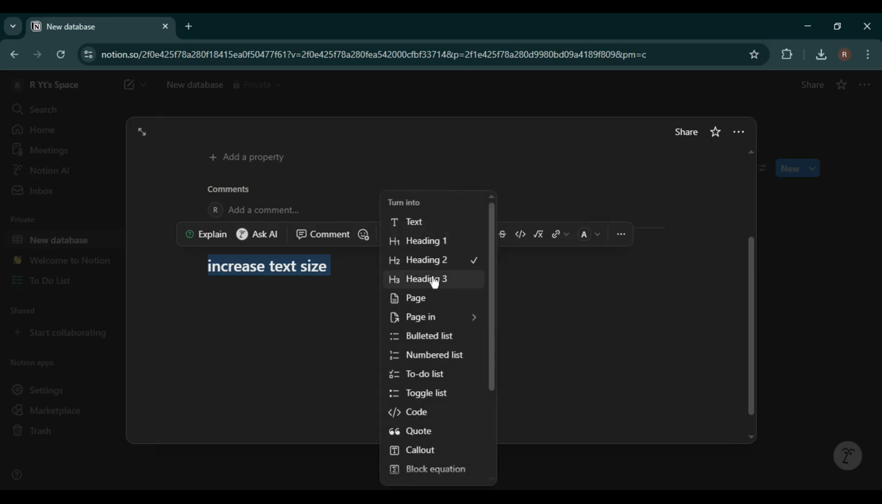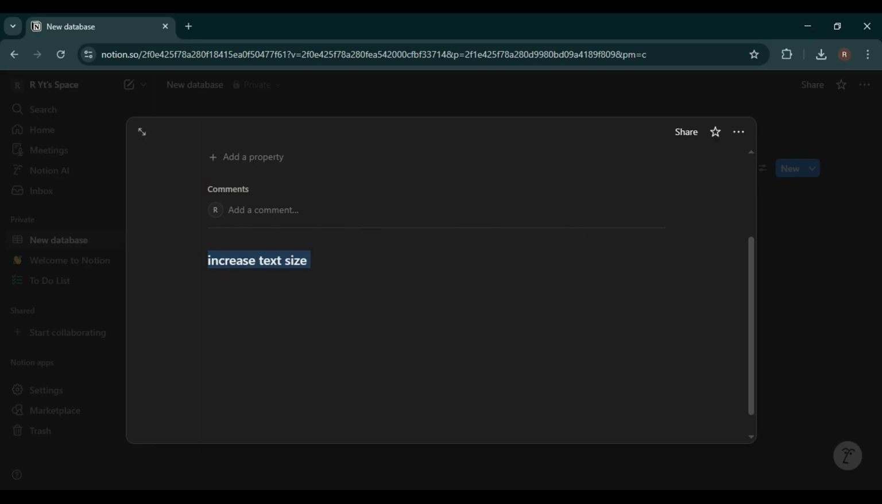Heading 3 gives you a moderate font size increase and works well for smaller headings or structured content within a section. By switching between Heading 1, Heading 2, and Heading 3, you can effectively control how large your text appears in Notion. This is currently the best and only native way to increase font size in Notion, without using third-party tools or browser extensions. A quick tip here is to stay consistent with your headings, using Heading 1 for main